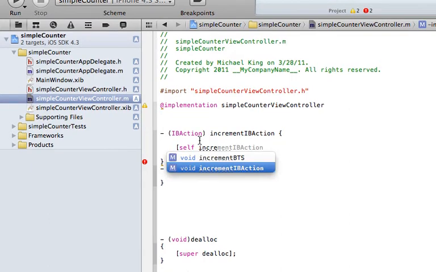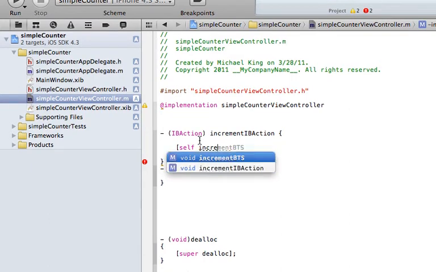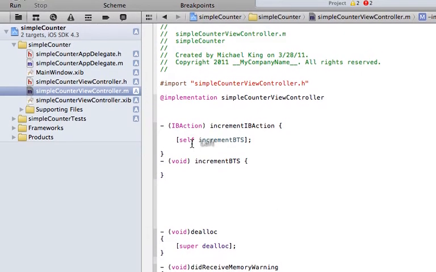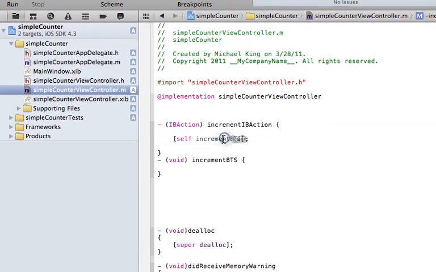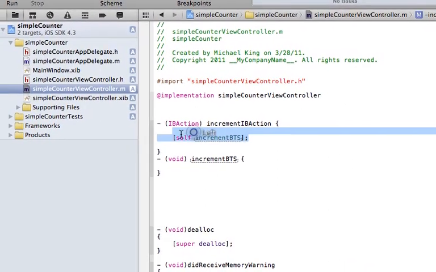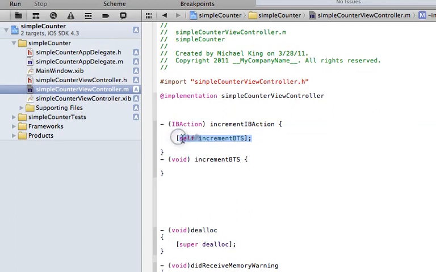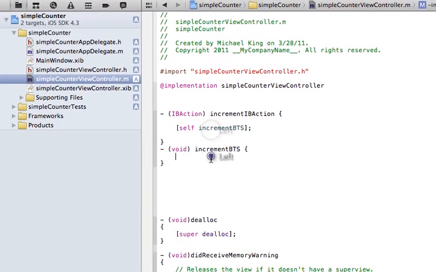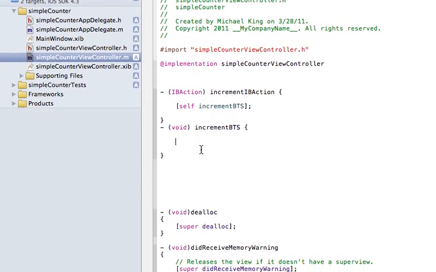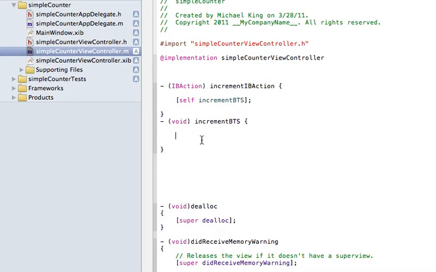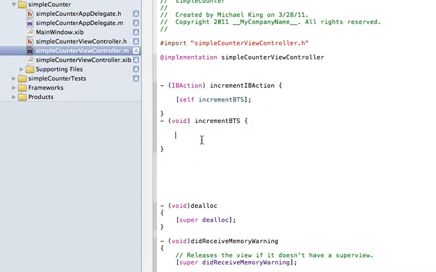will increment BTS. So with self, you're looking in this class, and you're looking for the method increment BTS. So what this line is doing is calling all the code in this method. So what we're going to do is put the code in here. So we need to set the,